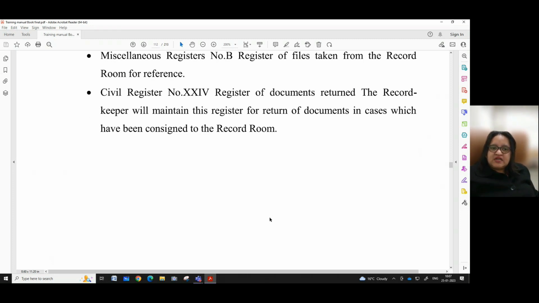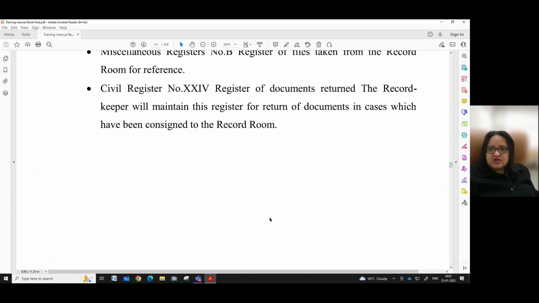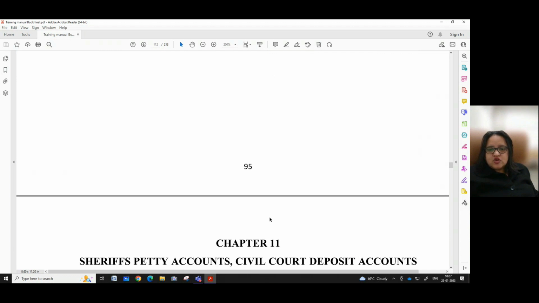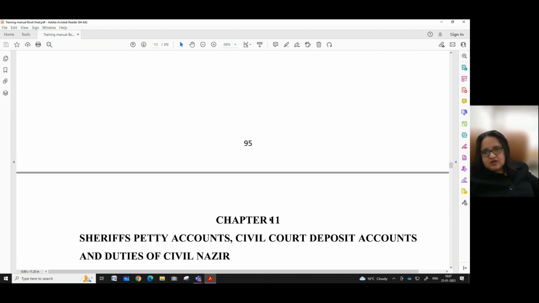The record keeper will maintain this register for return of documents in cases which have been consigned to the record room. This is all about the record room and the duty of the record keeper.